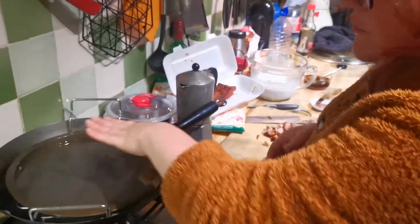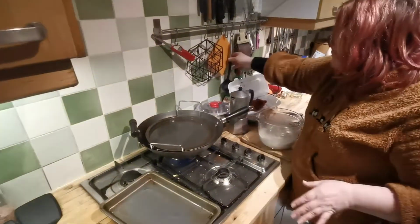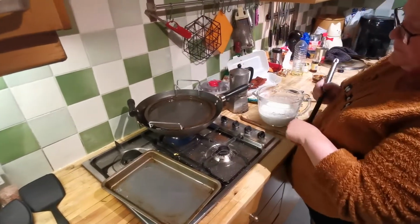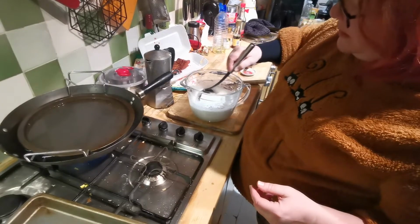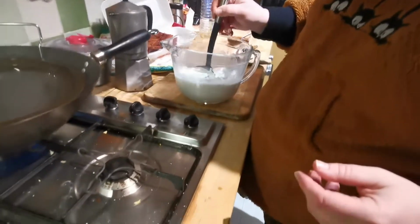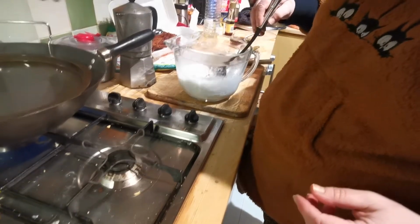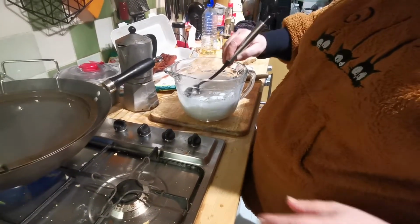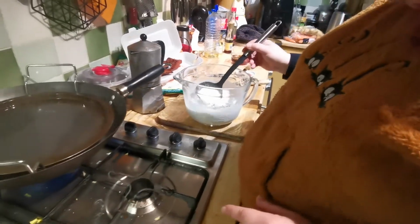A bit of heat going on there. Yep, this is good. Are you going in? I seem to say about a ladleful for each, roughly. I reckon, though, if that's supposed to be five, more than a ladleful. That's quite a small ladle, though, isn't it, in fairness? That's a standard size ladle. I think a ladle's going to be possibly too much. All right, so I'm going to go with...